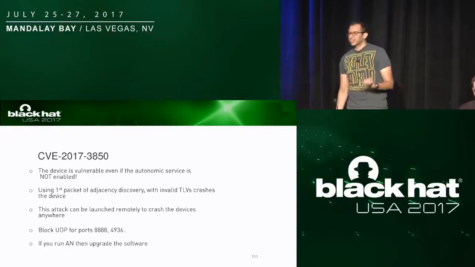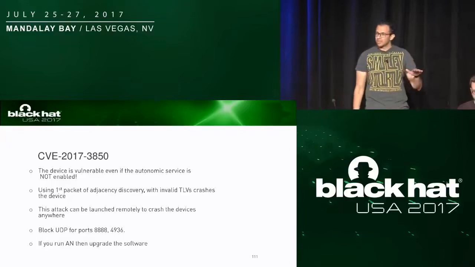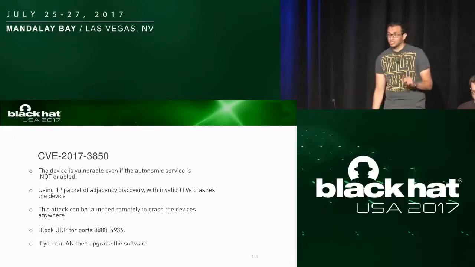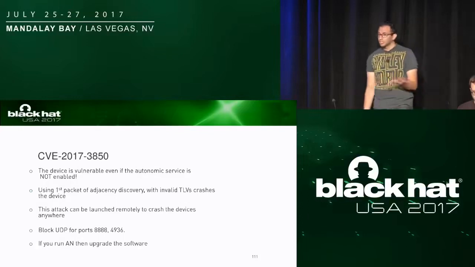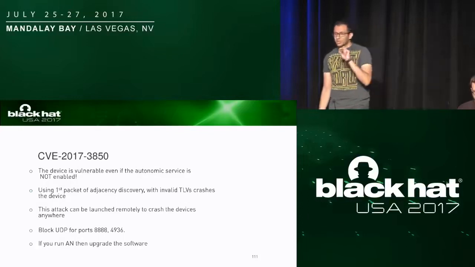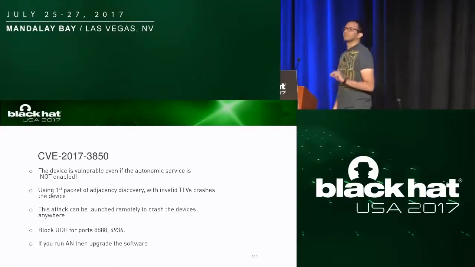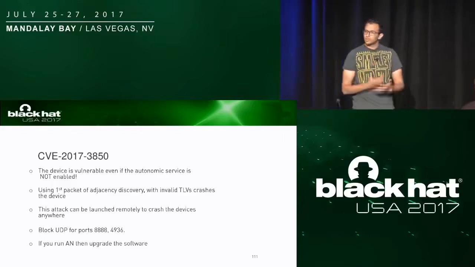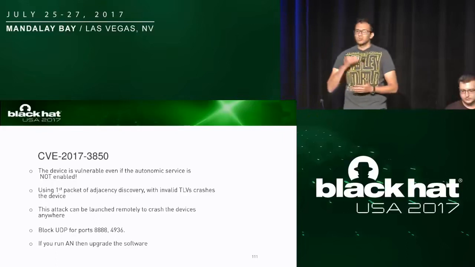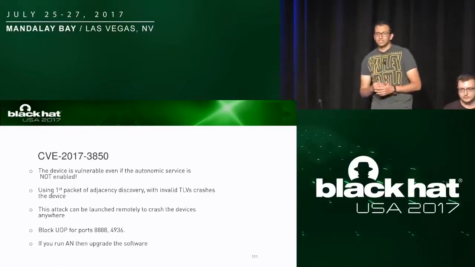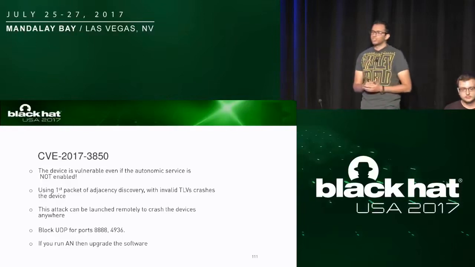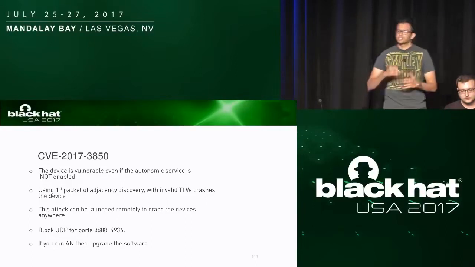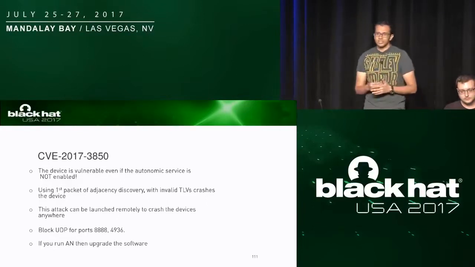In order to stop this attack, you either have to upgrade your system. As per Cisco, 161 operating systems are affected by this attack. So please check if your operating system is affected. You don't have to run autonomic services. Just the idea that your operating system supports it makes it vulnerable. Autonomic services has been on the market for 3 years now. If you would like to stop this attack, you need to put an access list on each and every reachable IPv6 interface to drop anything on port 4936 and 48. Else, the device can be crashed. Link local or remote or globally, it will be crashed.